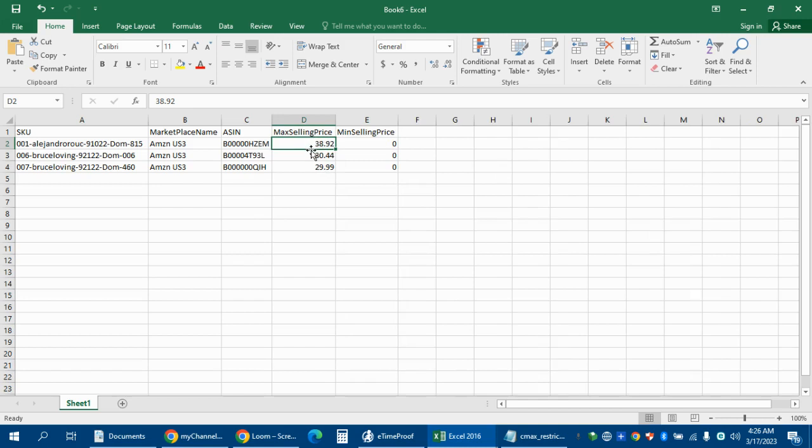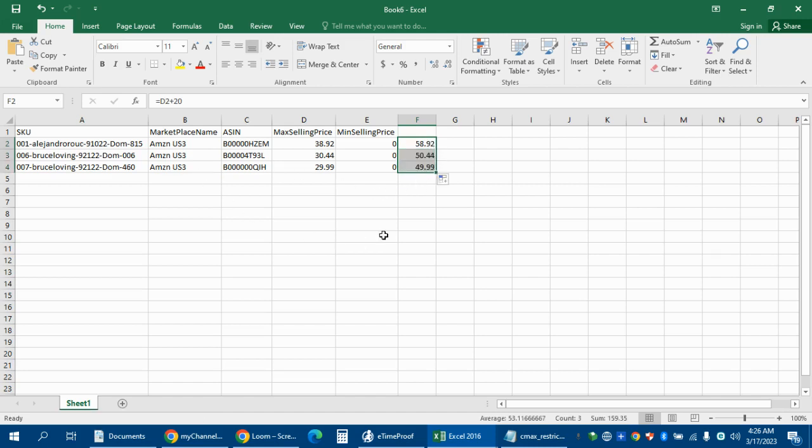Please note that Channel Max automatically sets your listing price as your maximum price. So that's why there's already a price here. Also, we set our maximum price and we'll just add $20 based on the listing price, plus 20.